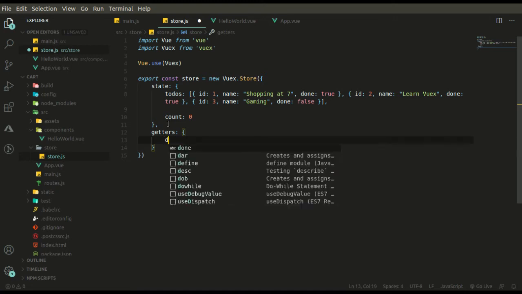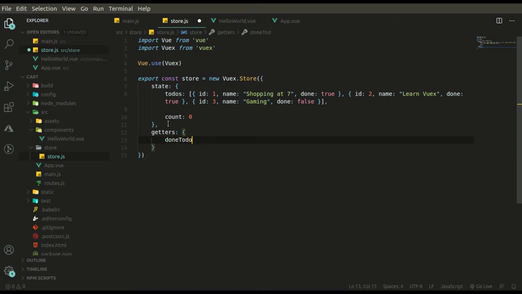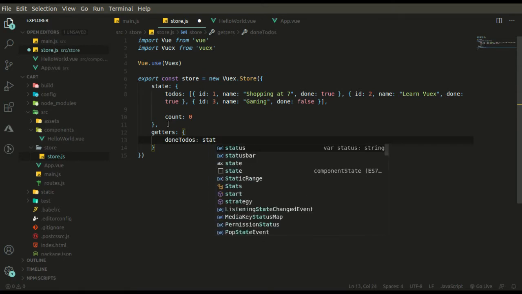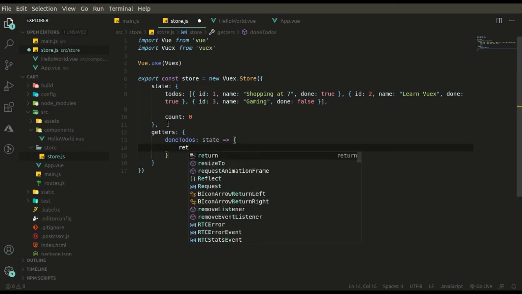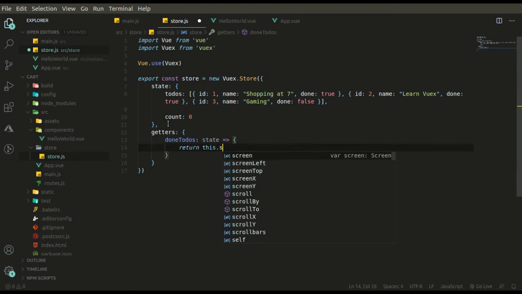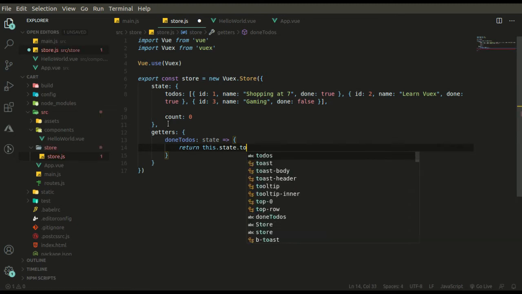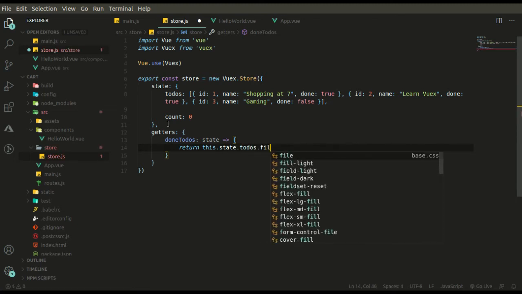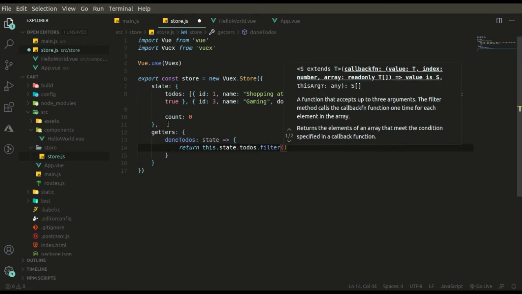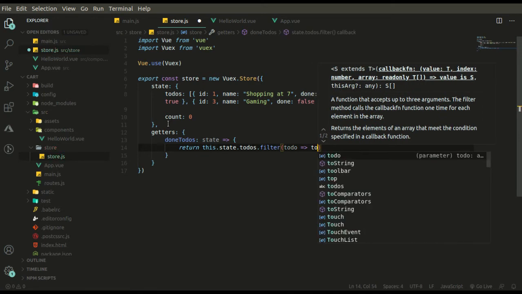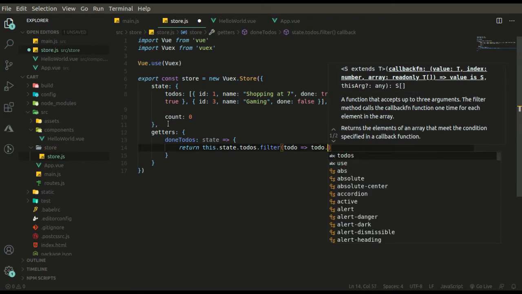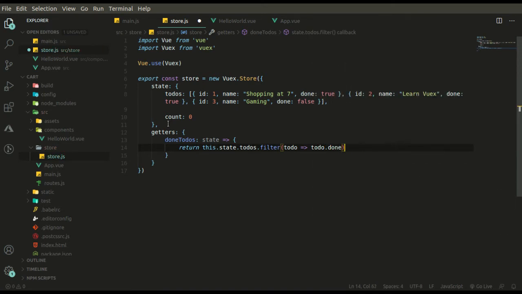So like doneTodos, it has access to the state as an arrow function, and we can simply do what we want over here. this.state.todos, we can run the filter function on it, and basically we are performing the same functionality that we were doing in the component.